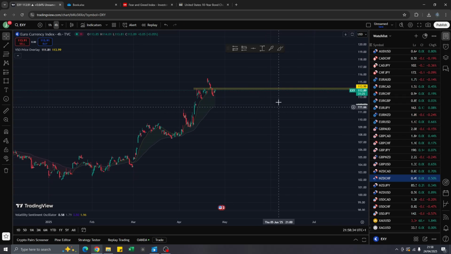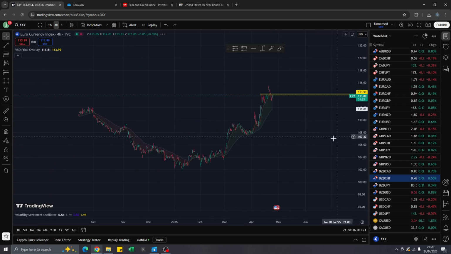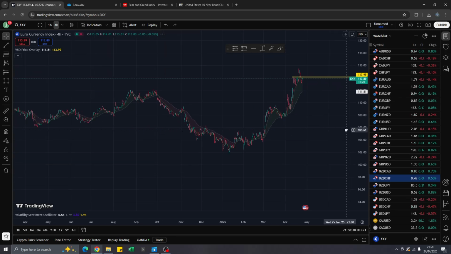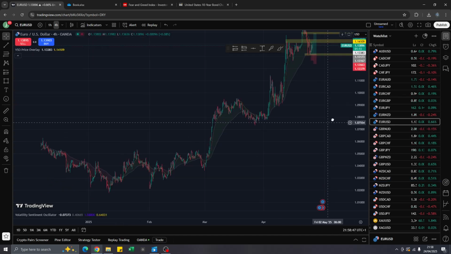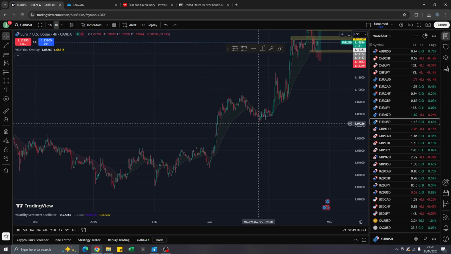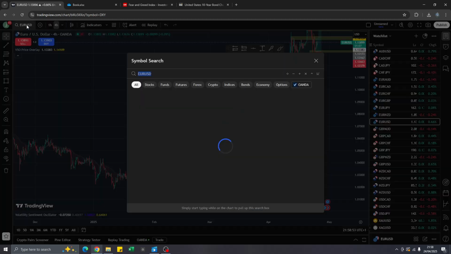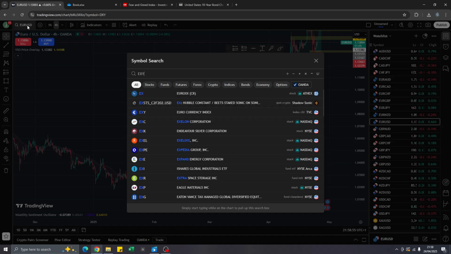Euro, we've got a level here preemptively, probably to do with the 1-hour. We're going bullish on the euro. We have been since February. Makes sense. If you go and look at the charts, let's say euro against USD especially, we go out to February. This would have been a good time to buy. You would have made money. That's the power of indexes and what my channel will be covering.